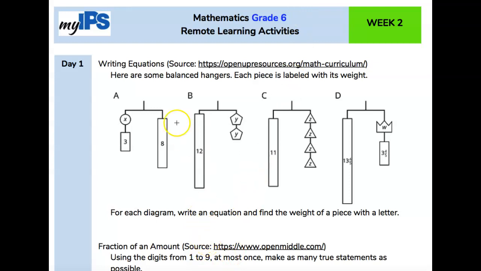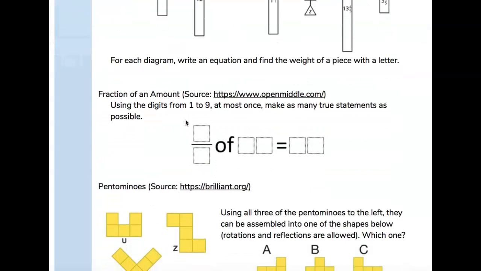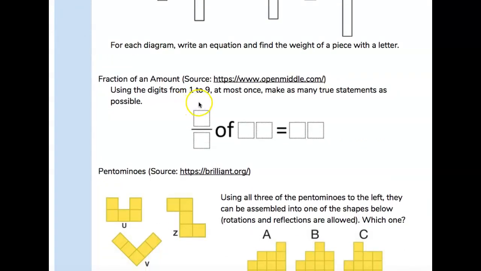Now this one says fraction of an amount. Using the digits from 1 to 9 at most once, make as many true statements as you can. So digits 1 to 9: 1, 2, 3, 4, 5, 6, 7, 8, 9. You just have to play around with this. I'll give you one example, but there are lots. So you go ahead and think of your own. So for instance,